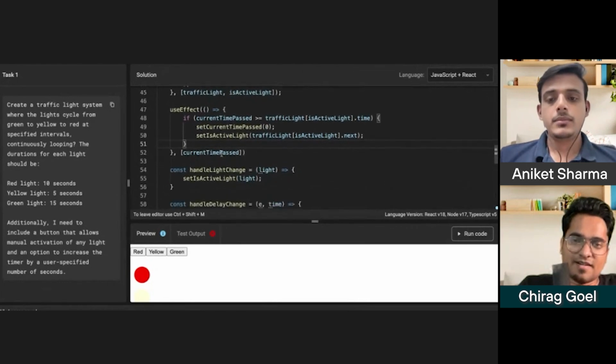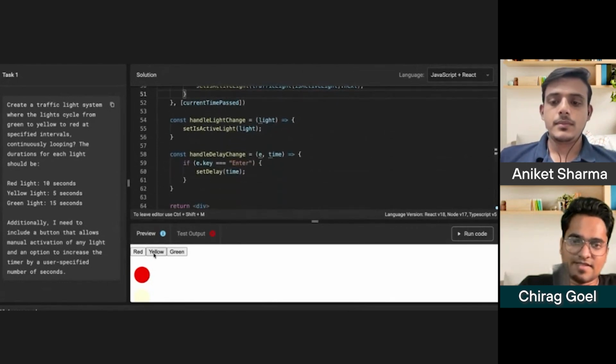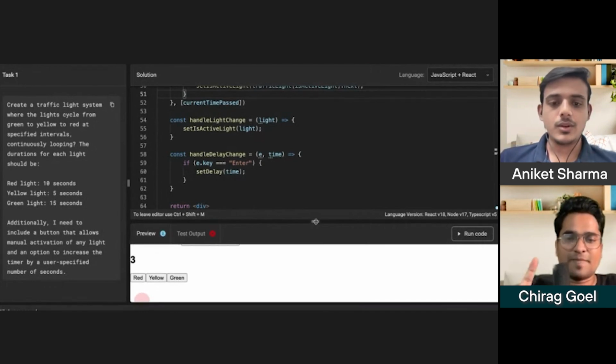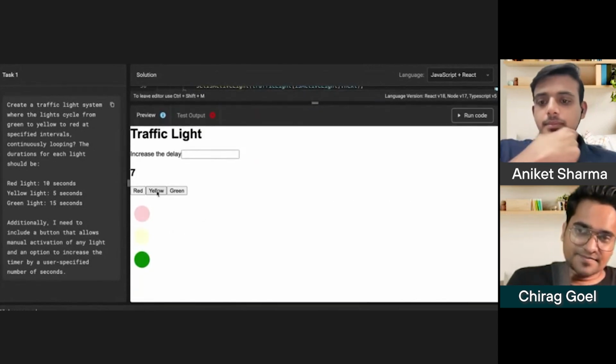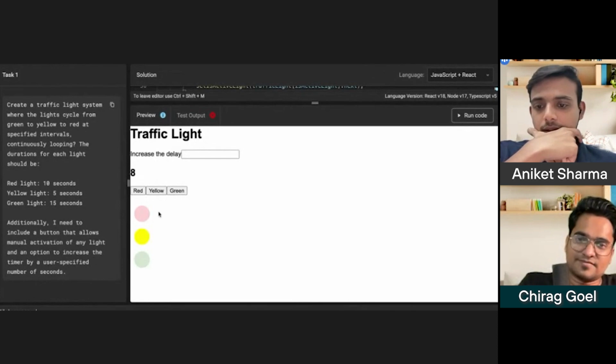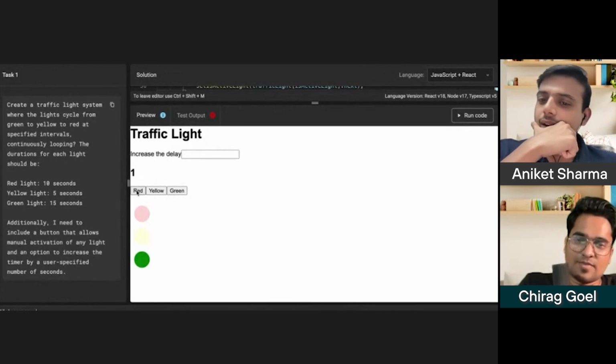Now try changing the color explicitly to yellow and let's see if that works. Can you scroll so that we can see the entire view? Let's click on green. It is in green, so let me click on yellow. How many seconds? 5 seconds, I think. Click on yellow now and wait for some time. No, it did not work.